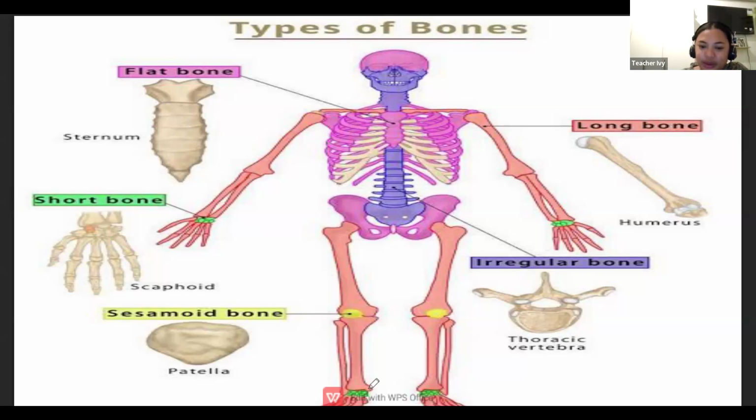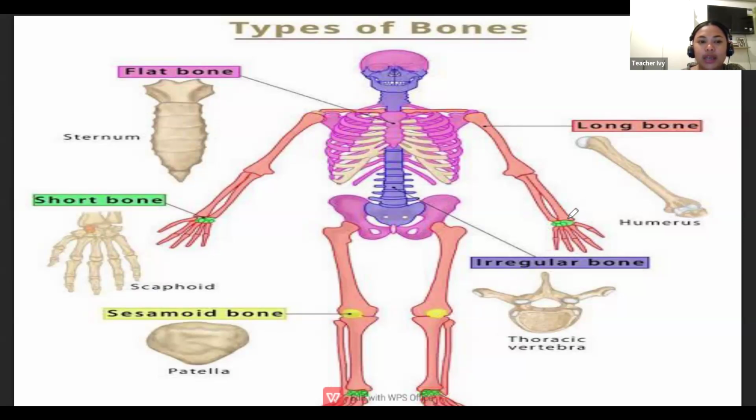Okay, we're going to let you see the lower part also here so that you can recall the name. You have here the lower part. These are both short bones, green in color. You recall the name of the bone that is found in your hand. This one. What do you call this bone? This is for Mark, okay? While the short bone in the foot, I want Honey to identify or name this bone, okay?